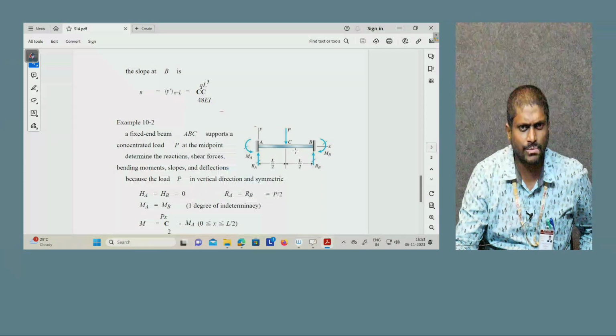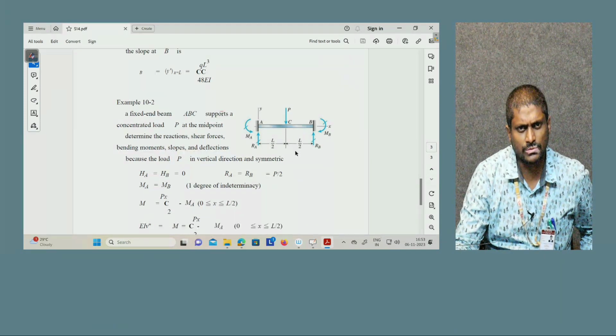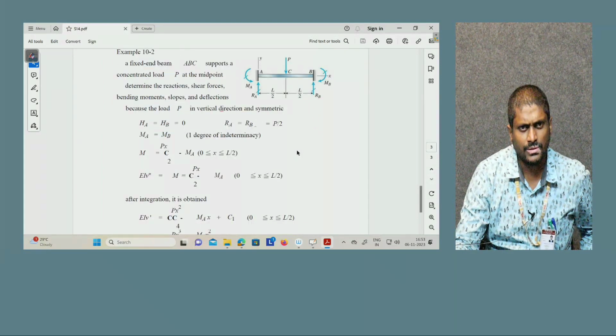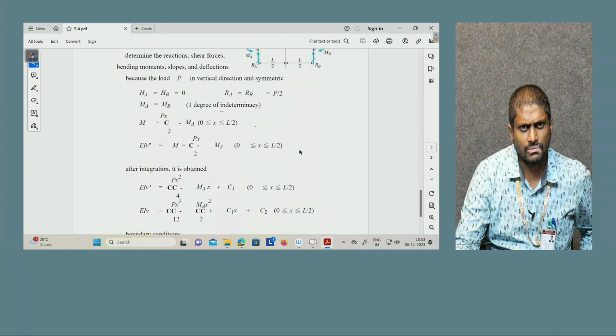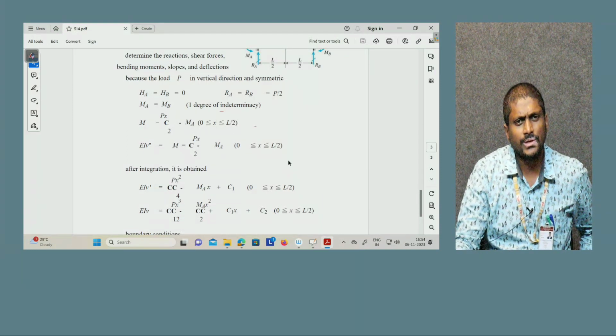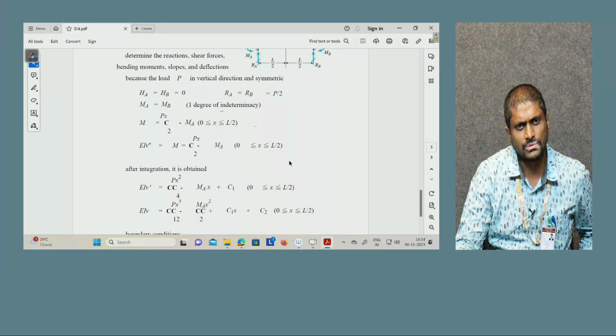P at the midpoint. Determine the reaction, shear force, bending moment, slopes and deflection. Because the load P is in the vertical direction and symmetric, HA equals HB equals 0, RA equals RB equals P by 2, MA equals MB, and M equals Px by 2 minus MA, for 0 less than or equal to x less than or equal to L by 2, and EI v double dash equals M equals Px by 2 minus MA, and after integration it is obtained EI v dash equals